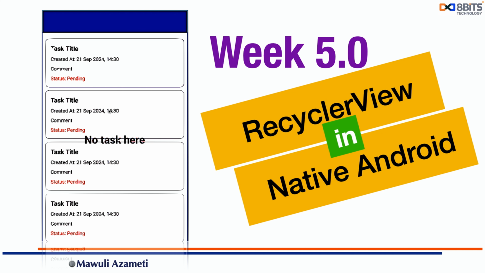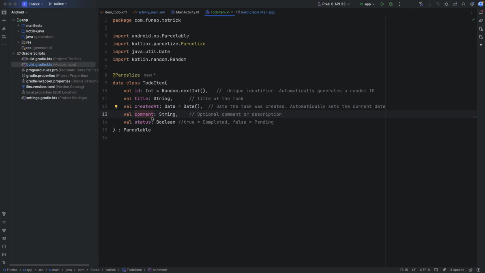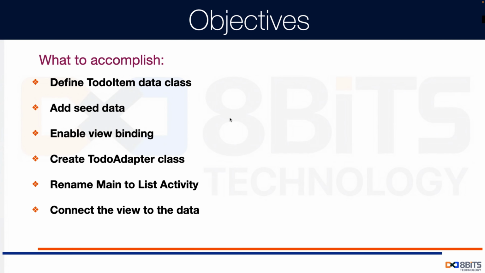We have different types of date formats, and certain types of style. You can apply different styles or append something to the data coming in. You can style this data in a certain way. You can't do it directly from this data class. It will make it too complicated and it will violate a lot of principles in programming. We don't do that. So the to do adapter class will be responsible for getting the data, preparing it in